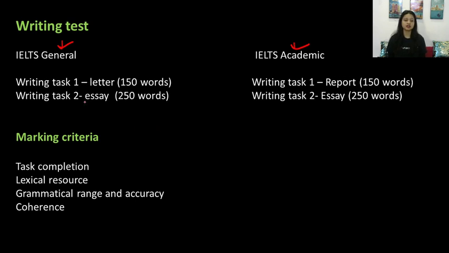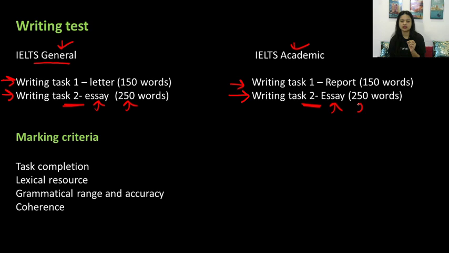In the general training examination, you have 2 tasks, 2 exercises that you have to solve. In the academic also, you have 2 tasks or 2 exercises that you have to solve. Task number 2 is the same for general and academic: essay writing,